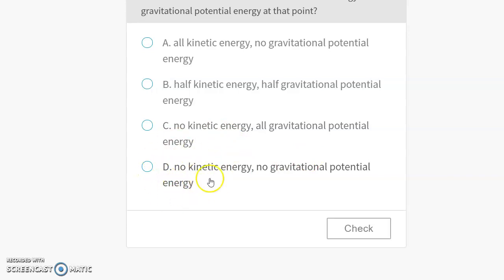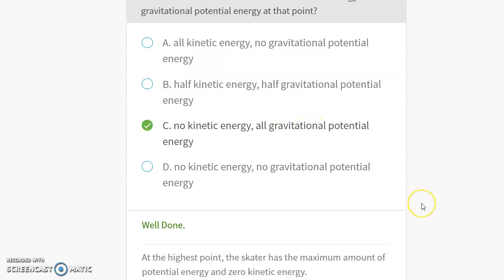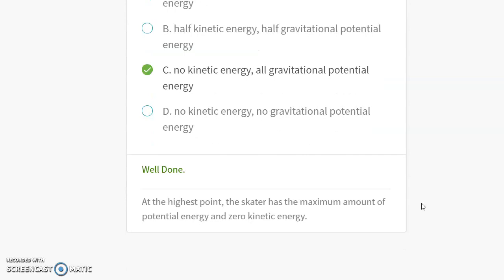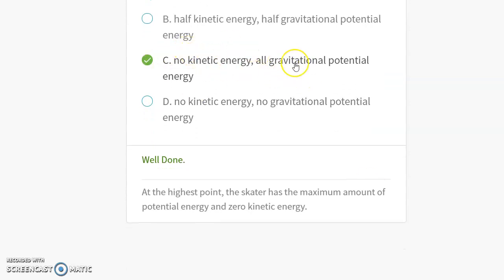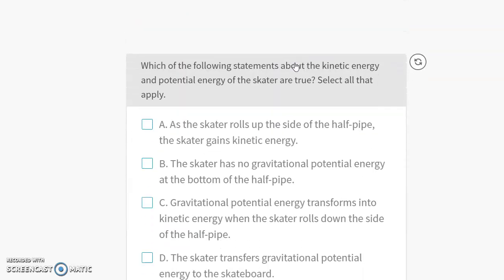So we know that he has some energy. And it's not necessarily all kinetic because he's stopped. It looks like potential energy because he's at the highest point and not moving in that moment. And again, that's only for the highest point because he's not moving. So it's all potential energy.